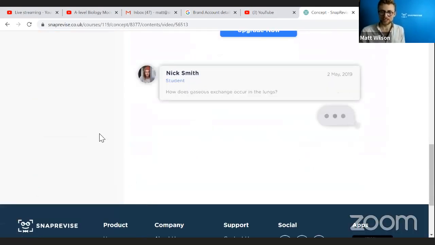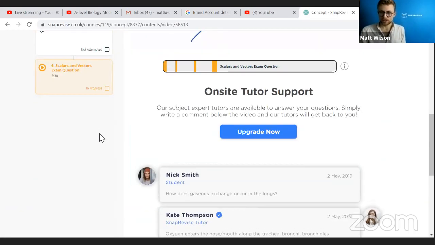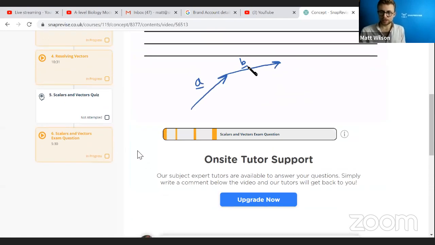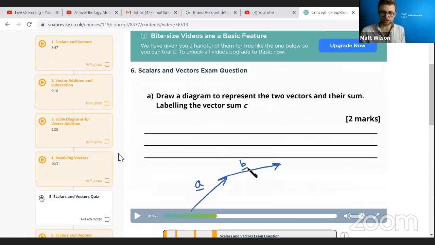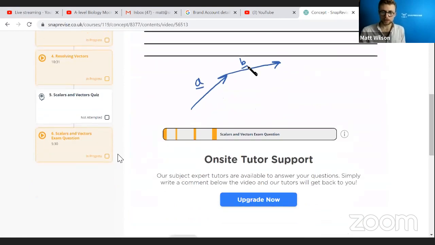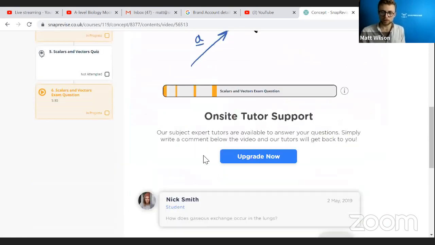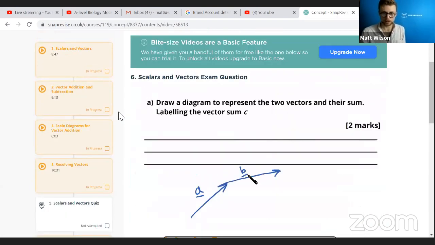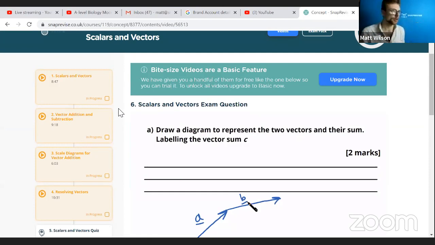of agreeing with them. So we also have this on-site tutor support. Depending on your membership, there will be a comment section available to you at the bottom where you can ask directly about problems you're having. So you can look at a video, and if you're confused about something, you can ask a question about it. And this is great. This is like having a tutor, I guess. You have a personal